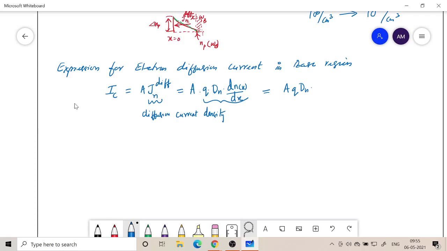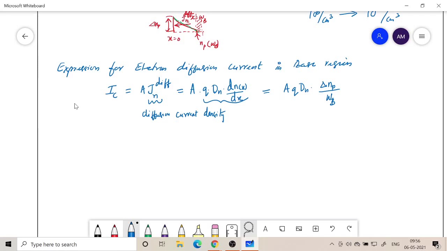what? That will be given by the change in y. So what is going to be the change in y? The change in y is going to be delta Np, because on one side it is delta Np and on the other side it is 0. So in the y direction it is changing by delta Np. The concentration is changing by delta Np, and then it is over a width. So the width W is basically WB, from x equal to 0 to x equal to WB. So therefore you can approximate it as WB. I hope you are following me.